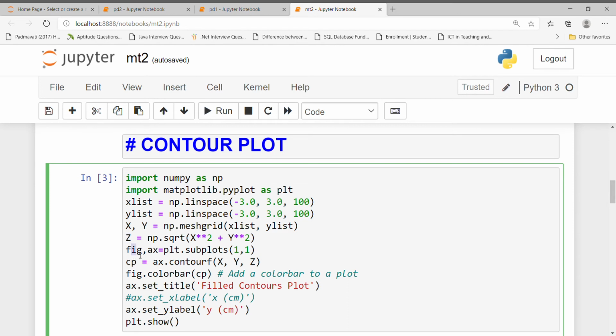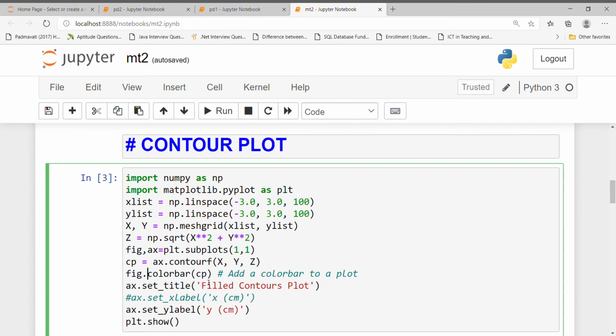Now fig, ax equal to plt.subplots is used to plot, and with ax.contourf we are going to display our contour plot. Here I am going to provide x, y, z, three variables, and these three variables contain the data. fig.colorbar is used to add a color bar to a plot.